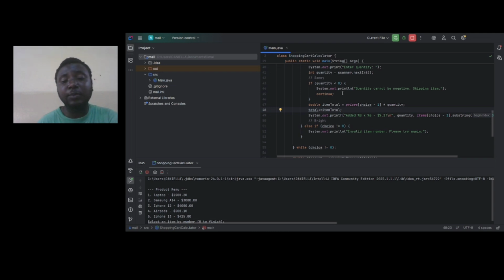With the prices and the choice, the first choice, you are going to get the correct price for it, and then the quantity also. So that one multiplies by the number of items bought, and then adds the item cost to the overall total, and then displays the message showing